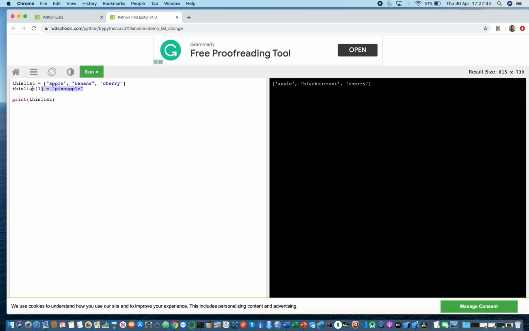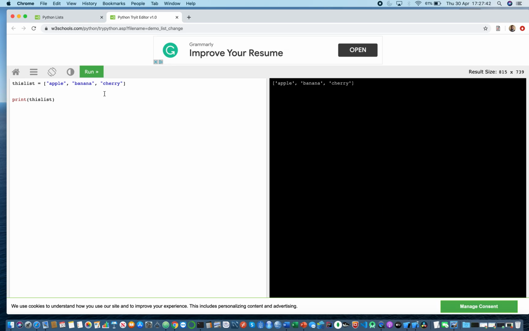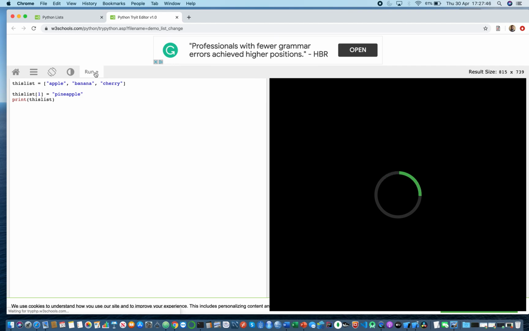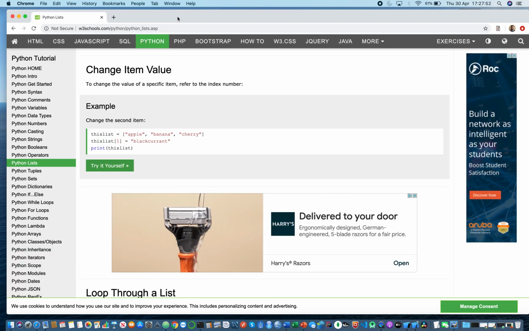So let's say if I take this out and just run it, you would see apple, banana and cherry. Okay, but if you want to change the second item to pineapple, you would see that the banana has been replaced with pineapple. Okay,